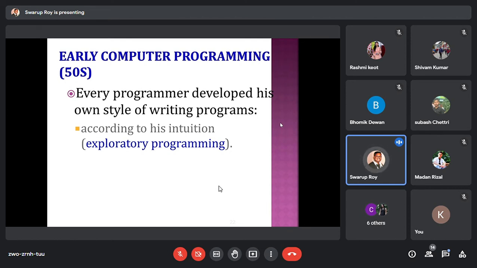As and when some bugs appear, you are the person who can correct them. If the same thing is given to somebody else, it will take much more time to fix, because you have your own style of program writing, and you can understand the possible location where that particular error occurs. So that's why it's very challenging in such cases.